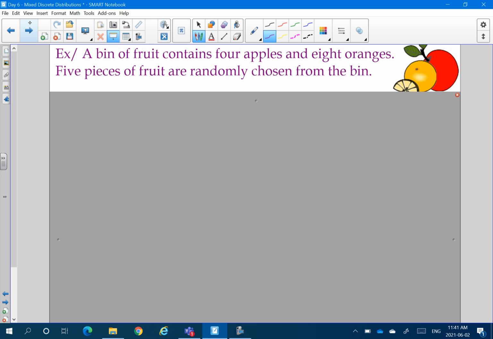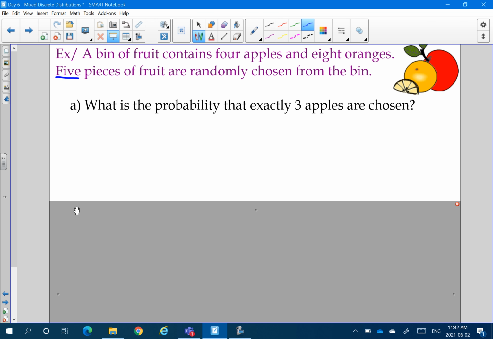All right. Let's move on. Example 2 here. A bin of fruit contains 4 apples and 8 oranges. 5 pieces of fruit are randomly chosen from the bin. So that 5 is important because it's going to be the number we're using as our first number in our formula. So what's the probability that exactly 3, so we want 3 apples, is going to be,